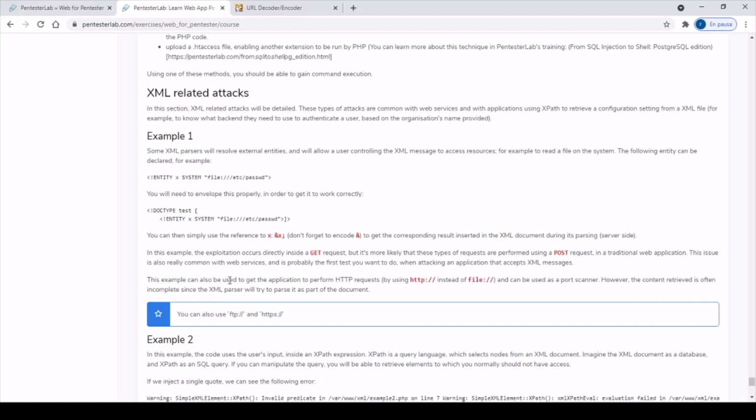This example can also be used to get the application to perform HTTP requests and can be used as a port scanner. However, the content retrieved is often incomplete since the XML parser will try to parse it as a part of the document. So first we are going to try this,